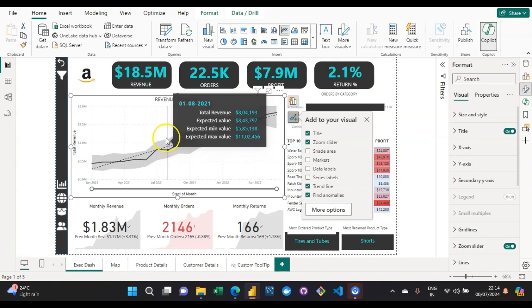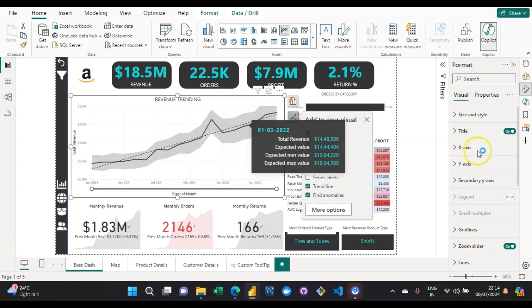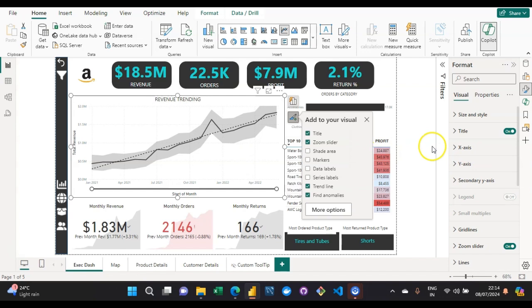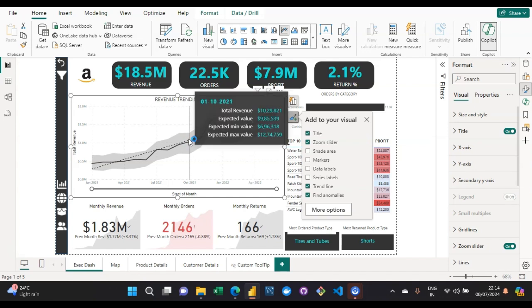If I want to keep it wider, that is completely up to me, so that I will be more prone towards the outliers. Even if I get a value slightly above this graph, that specific value will also be considered an anomaly, just because we are not coming across that value within the shaded area itself. That's why that specific value will be considered an anomaly or an outlier.